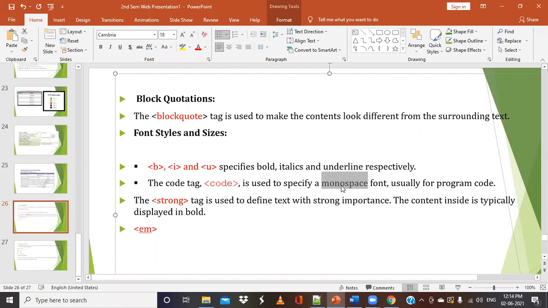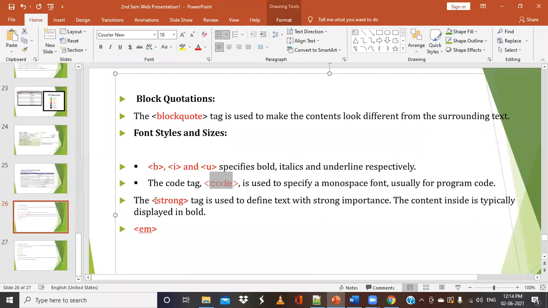If you want to make it visible in the same format that we use when coding, we use a tag called the code tag. So usually it is used for program code, to display any information on a web page which is in the programming part, or the code part. For that we can use the code tag.